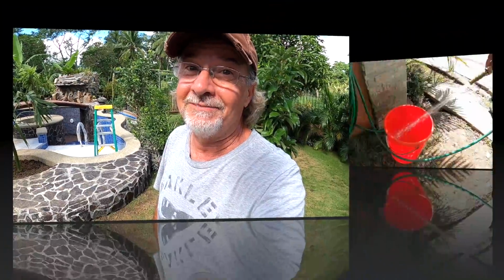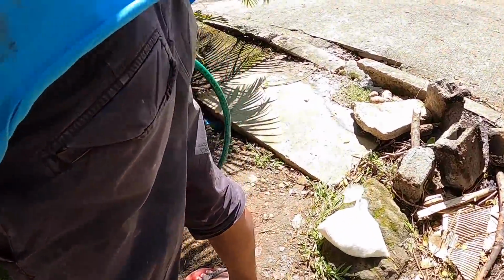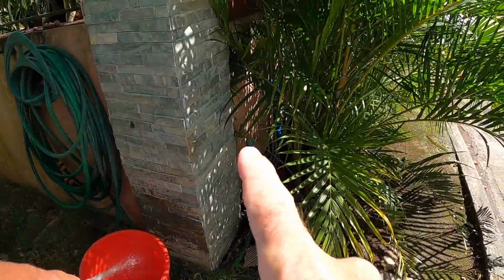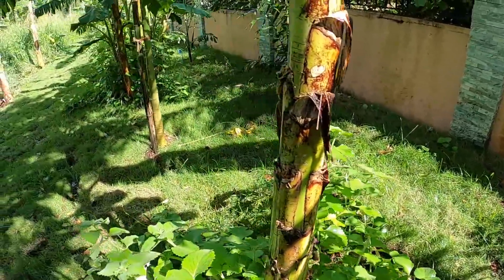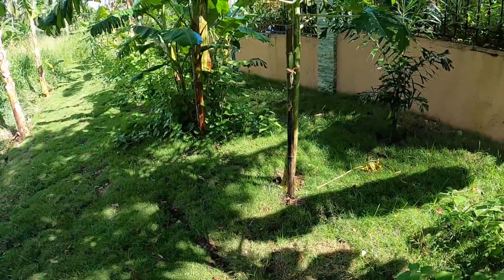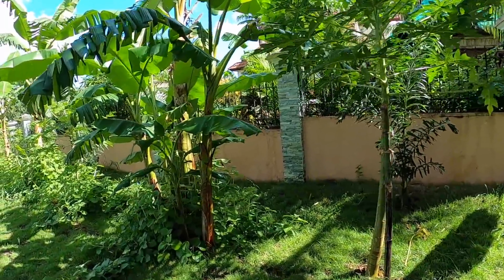Is it good water? Now this water here, it comes from a hose that I have attached to a water bib that I have on the front of the fence here. The main reason I put that in is because I'm kind of helping my neighbor out with a bunch of his banana plants and papaya trees and everything that I donated to him. And by the way,